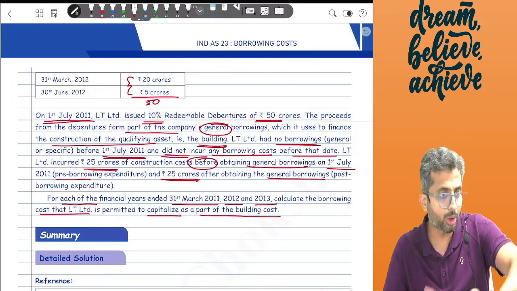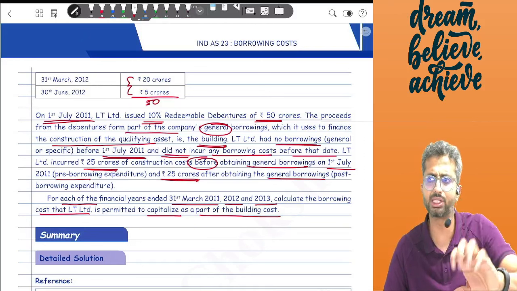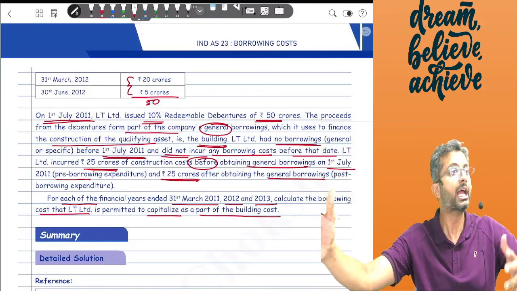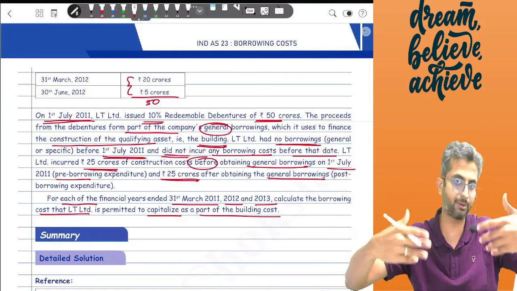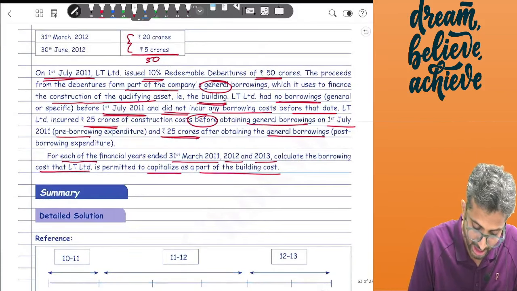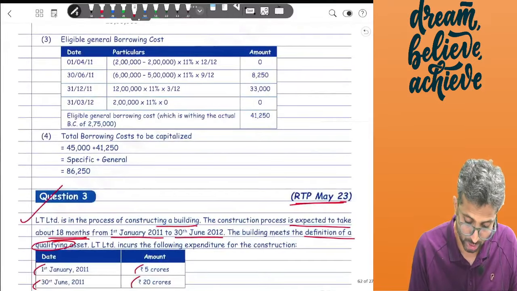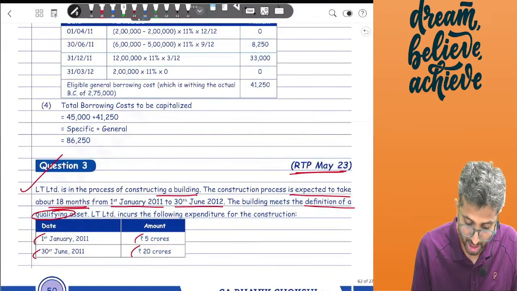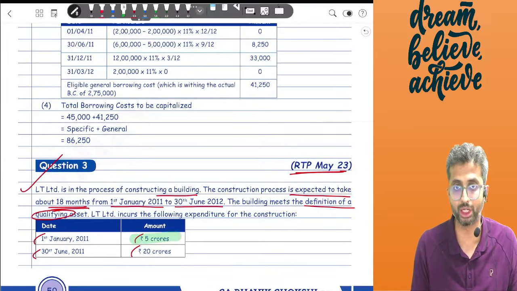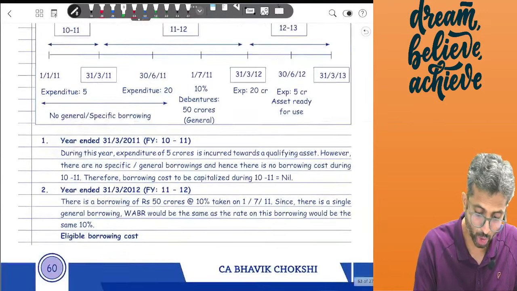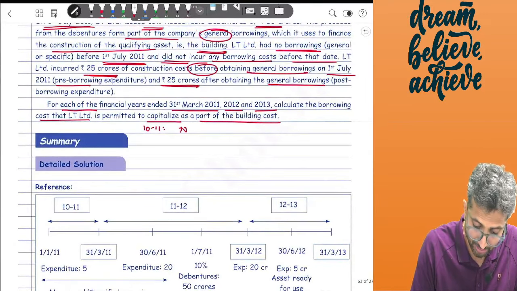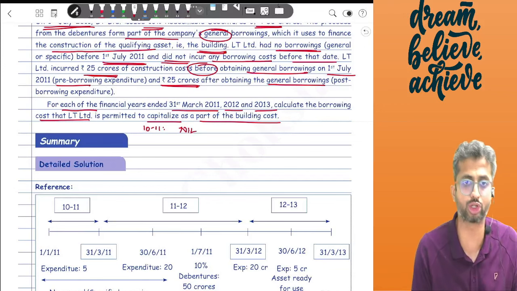In case of general borrowing, I don't have to do a one-to-one matching. I will say that if there is a borrowing cost, yes. Is there a qualifying asset, yes, I will attribute. First, I look at the year 10-11. In the year 10-11, I am incurring 5 crores worth of expenditure. However, in the year 10-11, I don't have a borrowing, and hence can I capitalize any borrowing cost? The answer is no. So in the year 10-11, there is nil borrowing cost to be capitalized because there is